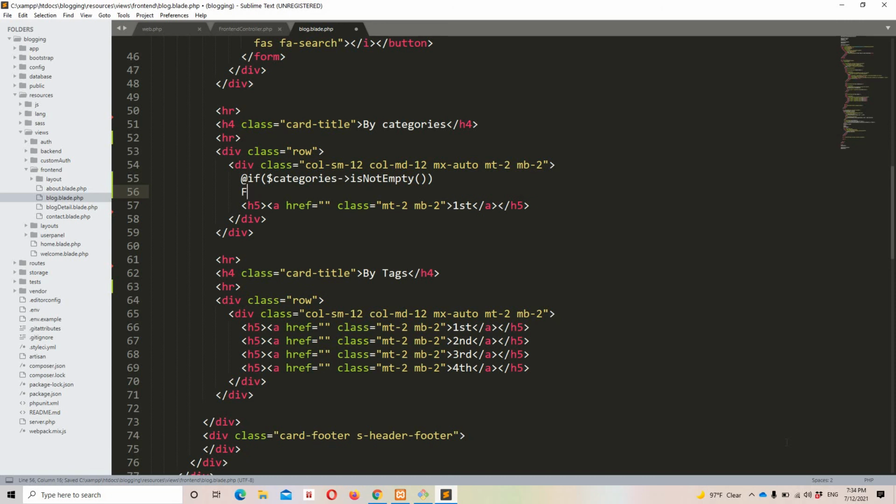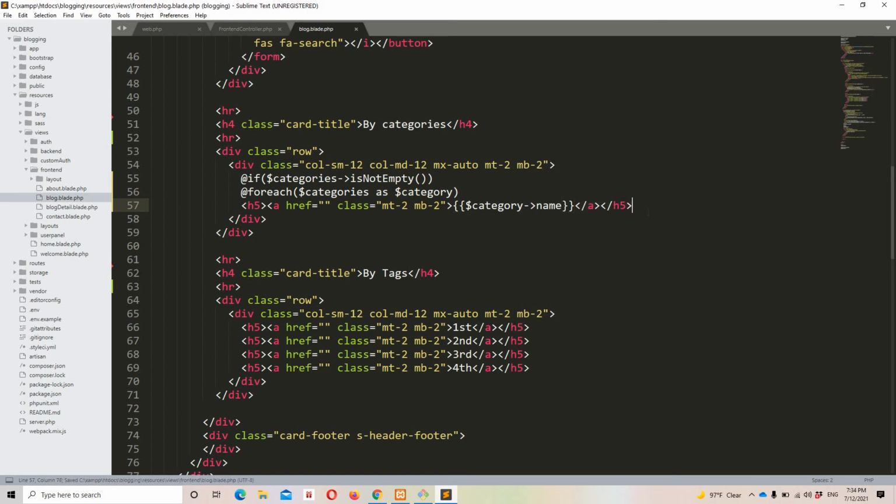Then we will do a foreach loop, foreach $categories as $category. Then we need to display the name of the category right here, so $category name.